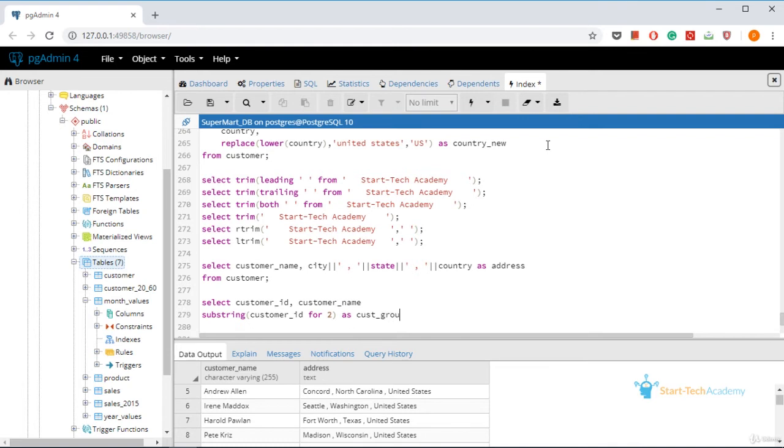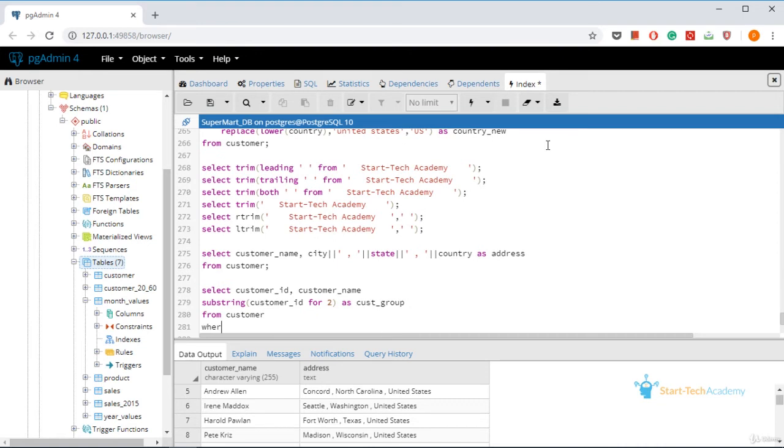Name this column as customer group. This all is coming from table customer, where the first two characters are AB. So I'll copy this substring down and this should be the same as AB.